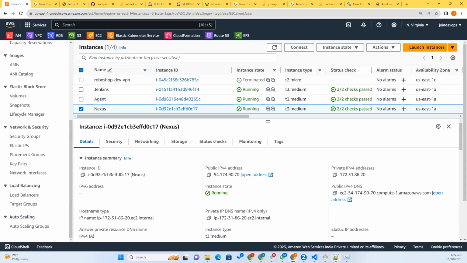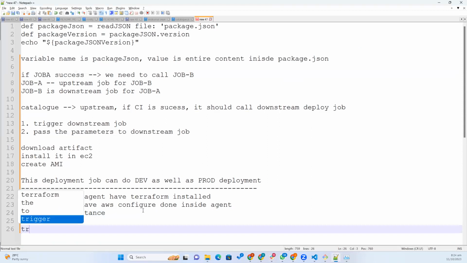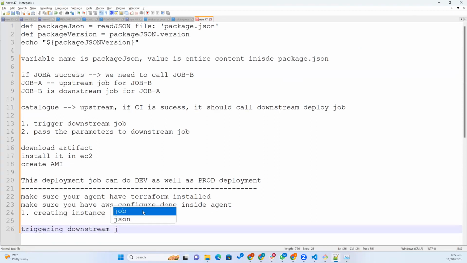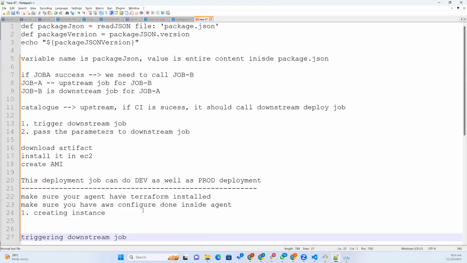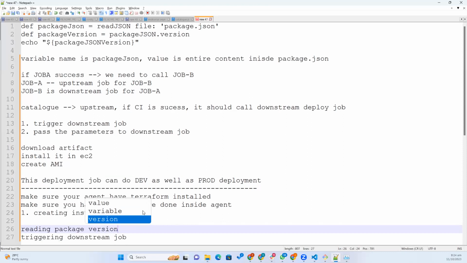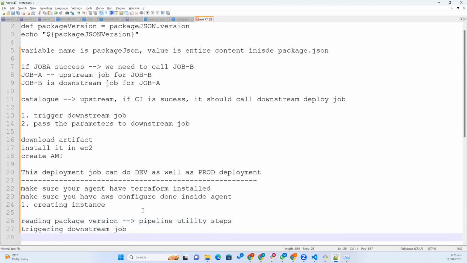But anyhow, what we learned today in this short time is triggering downstream job and then reading package version. For that, you need to have the pipeline utility steps plugin. Sometimes it is installed already, sometimes it is not installed. Okay, pipeline utility steps, and then now here